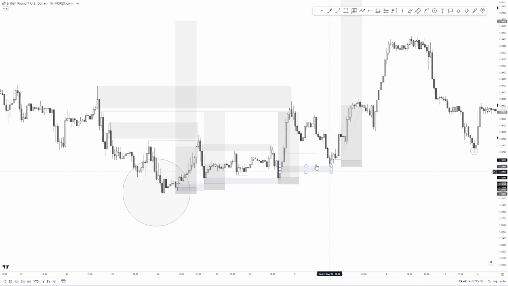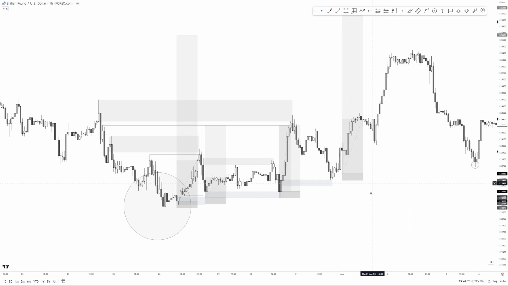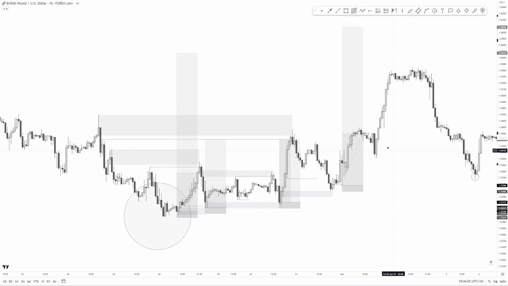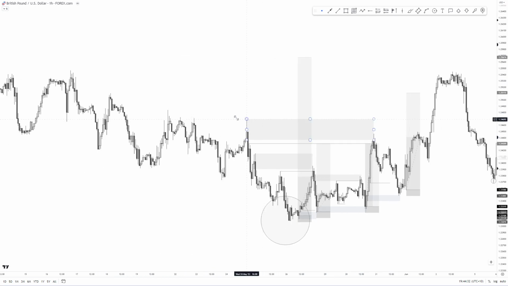Now, confirmations are all based on momentum and structure, which is in our entry system as well. But that does get a little bit more advanced. I don't want to get into that. But now we know that this mitigated this. We got to look for the next thing. This mitigated this,